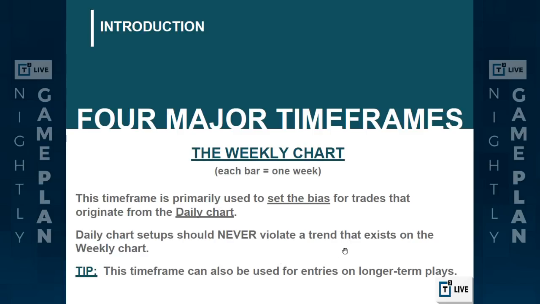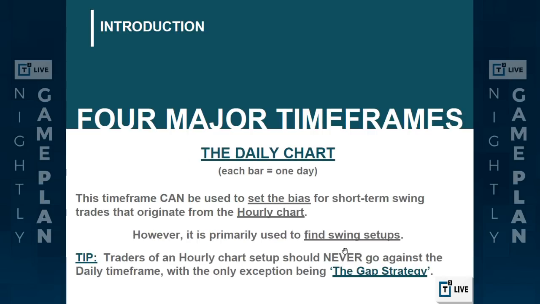The weekly chart, each bar equals 1 week. This time frame is primarily used to set the bias for trades that originate from the daily chart. Daily chart setups should never violate a trend that exists on the weekly chart. This time frame can also be used for entries on longer term plays. The daily time frame,